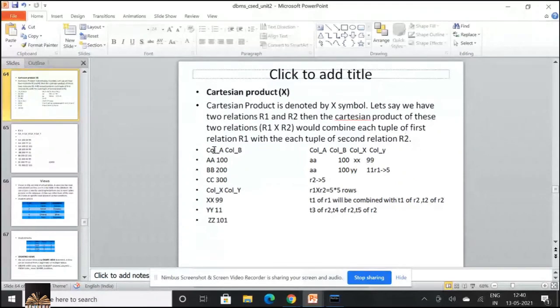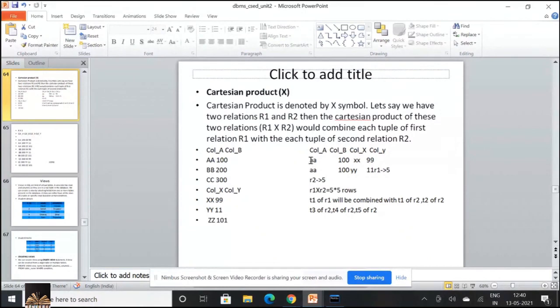As an example, see over here, column A, column B of table T1, column X, column Y of table T2. Whenever I have a cross product between T1 and T2, then I'll have AA100 XX99, AA100 YY11, AA100 ZZ101.